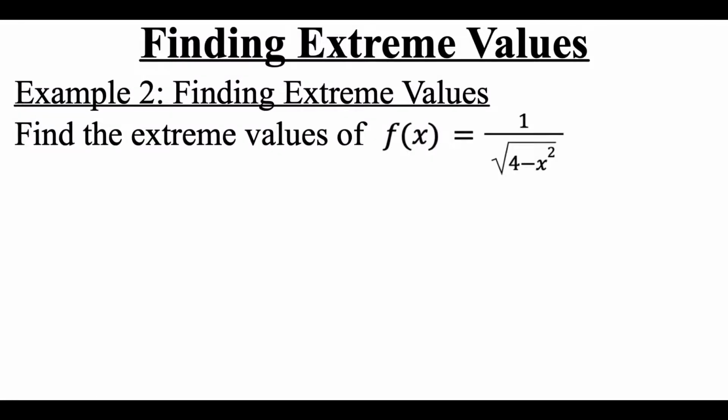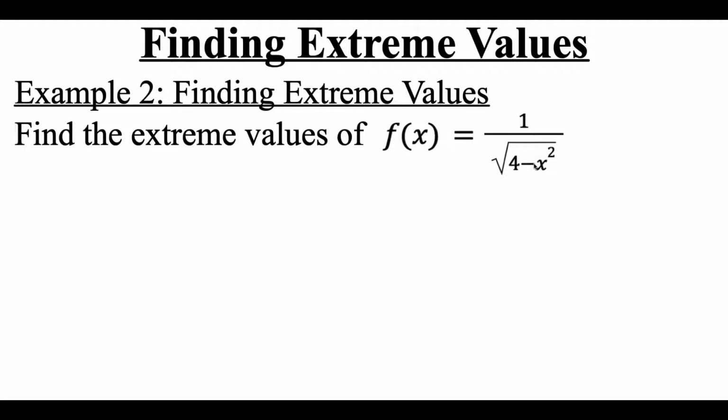Now taking a look at this example, we're going to look at finding any extreme values for the function 1 over the square root of 4 minus x squared. Now we're not given a specified domain to look at for this function, but I want to think about what the domain of this function would actually be. And where I'm going to start first is by looking at that square root on the bottom of the fraction. We know that we're not allowed to square root negative numbers,